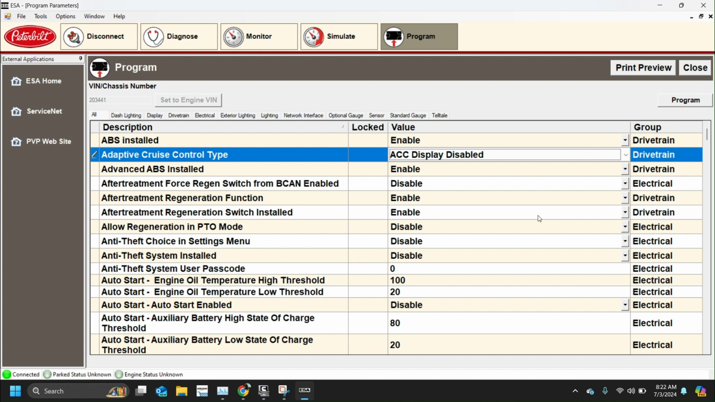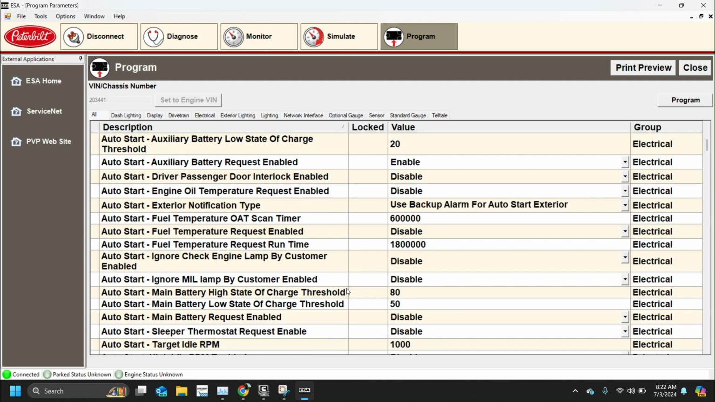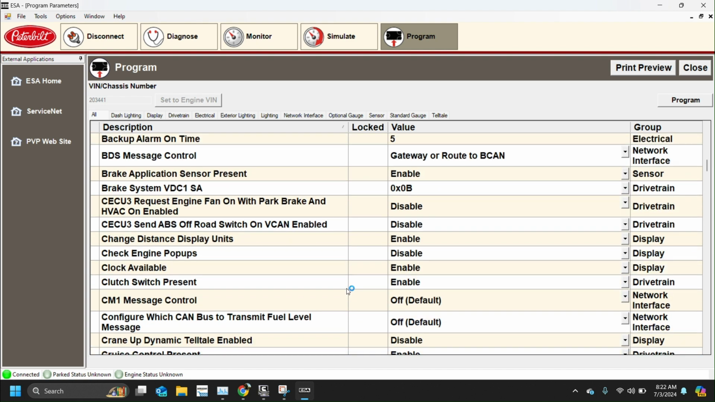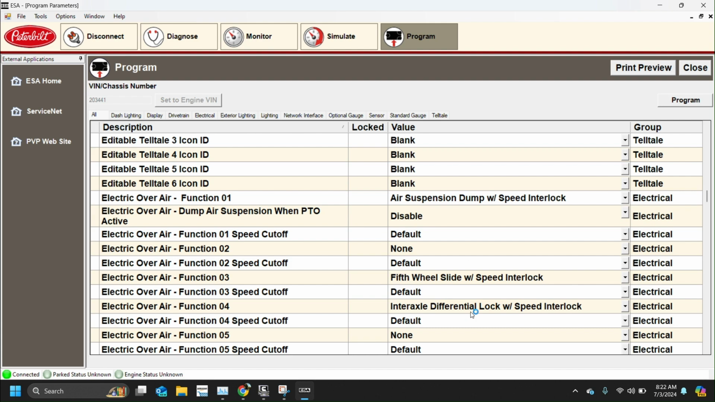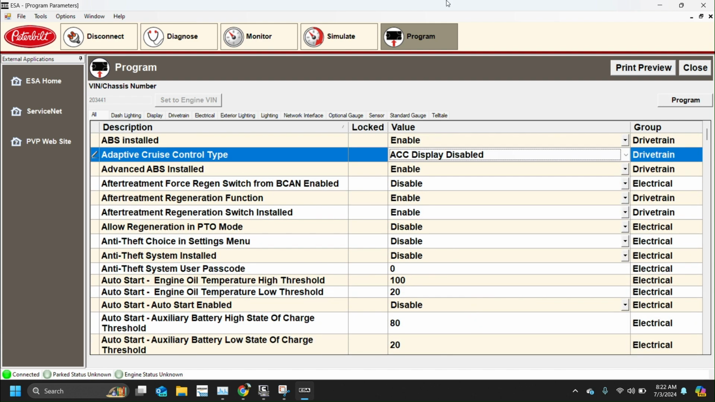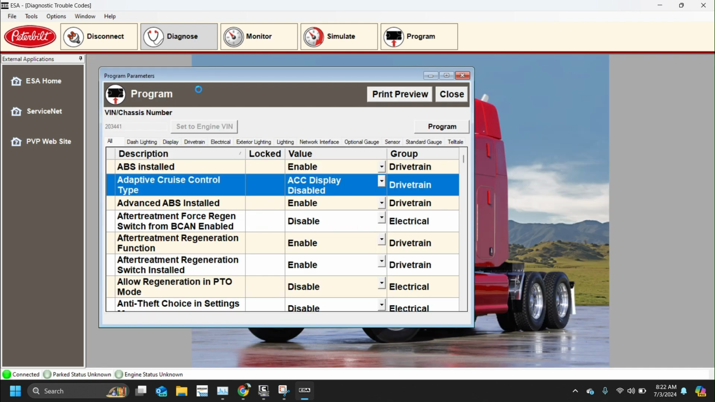A bunch of other stuff you can change in here as well. If you have your passcode set up for anti-theft, you can change that here. My truck has a road relay, so it goes through there instead of through the cluster. But a bunch of stuff you can change. You can look through there and see if there's anything that interests you. But also here in ESA, you can do